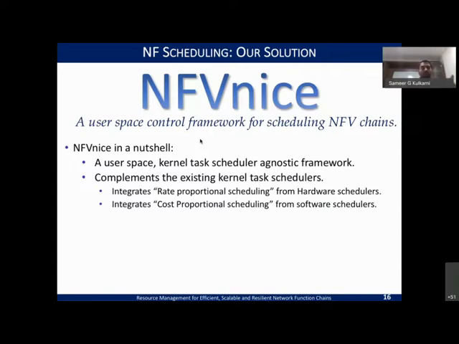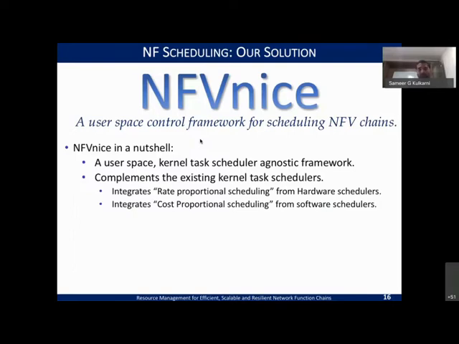We borrowed a lot of ideas, because here we are trying to bring in the networking space, how the packets are processed. In networking, there is a plethora of work that tries to address how hardware schedulers behave and how packets are processed within switches or routers. There is good plenty of work there, and most often they speak in terms of being rate proportional. We tried to see what this rate proportional scheduling is and how we can incorporate it into the schedulers that we are speaking of on Linux.